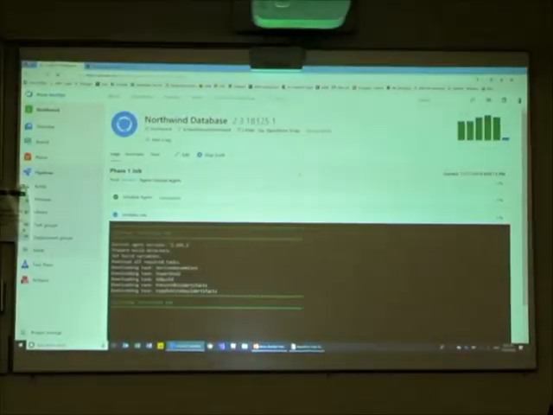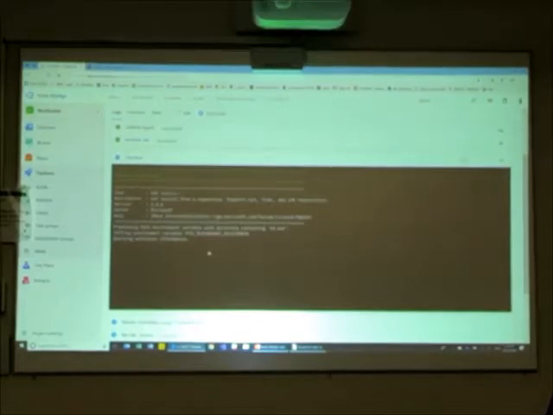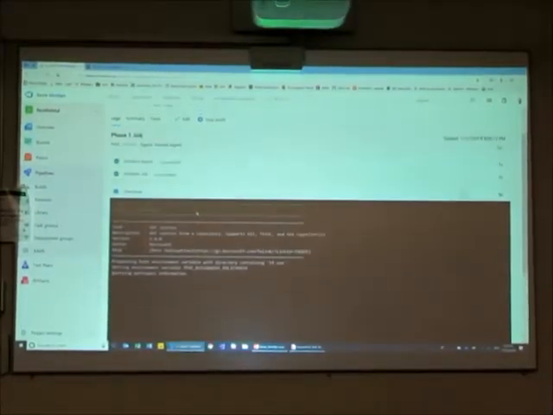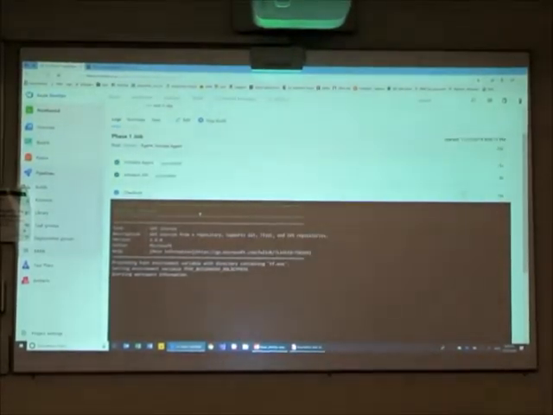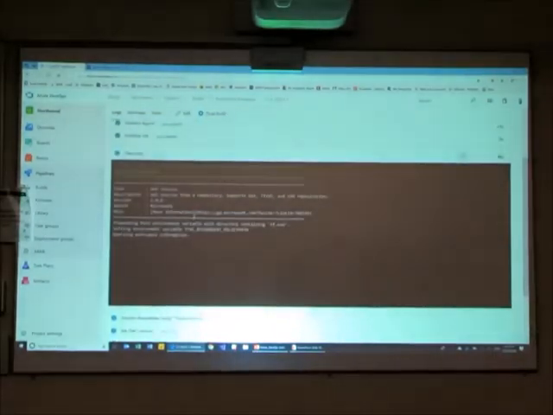There we go. So here's my log. I can see each section happening. I can see the console of what's happening. All this is saved here, so I can always come back and look at my console session. It'll also be zipped up and attached to the server and to the build, so I can look at the logs as a zip file at the end. So right now it's getting my source